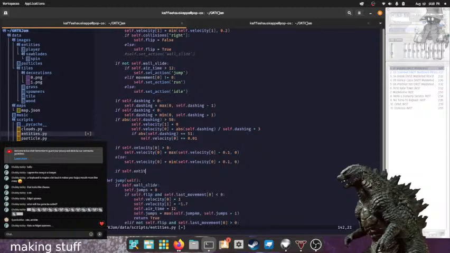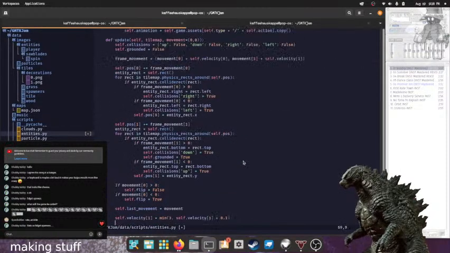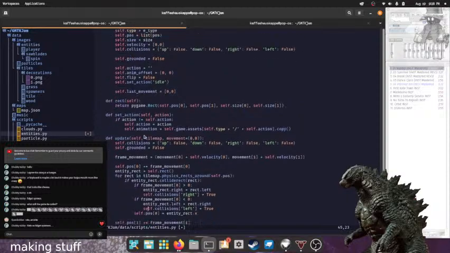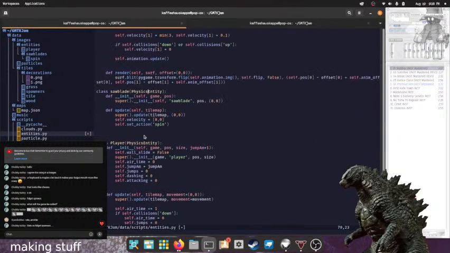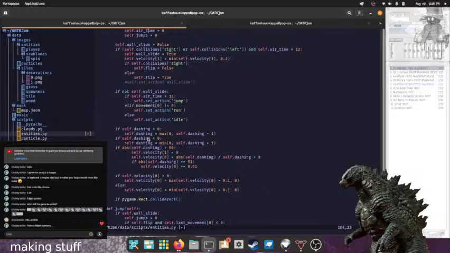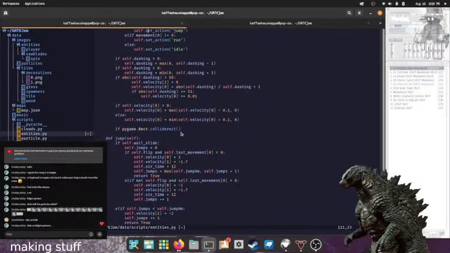If self.entityRect dot collide rect. Oh, wait, sorry, it's if pygame.rect.colliderect. I do have pygame in here already, I believe. Yeah, I do. Okay, cool. Self.entityRect.